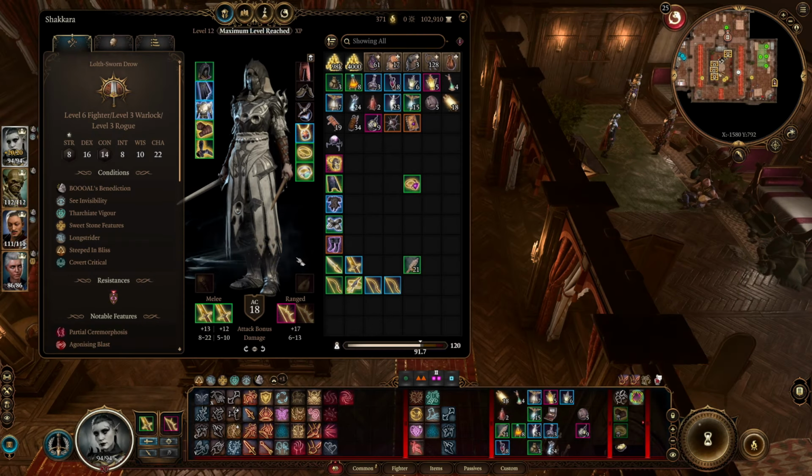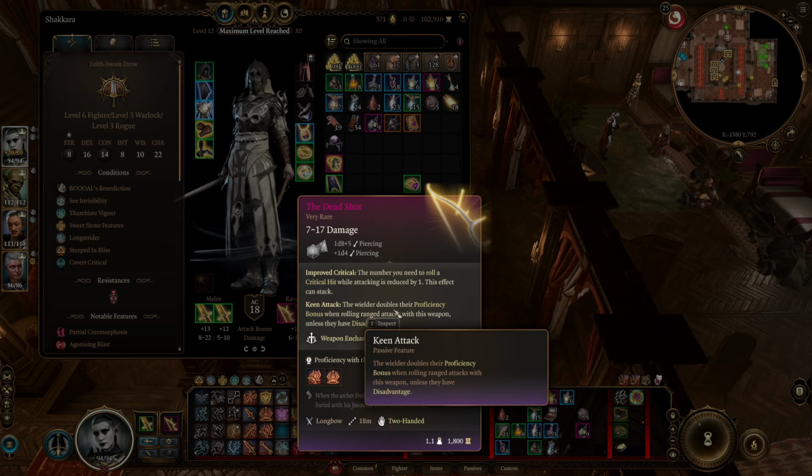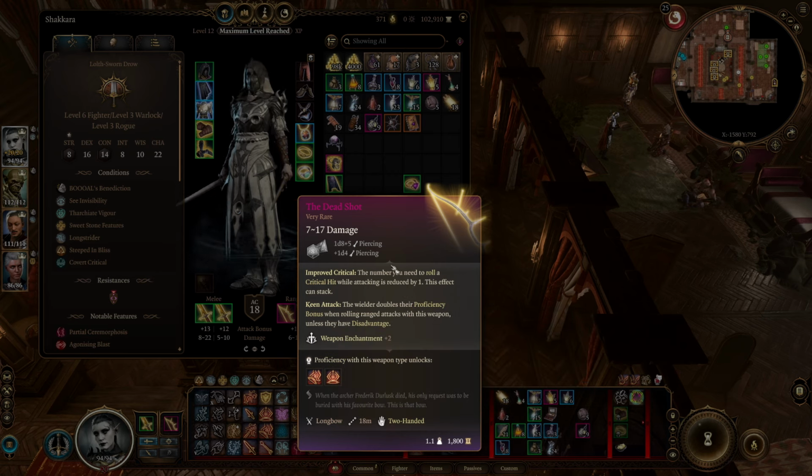So for the ranged weapon, I'm going with the Deadshot. This gives us the improved critical hit. The number you need to roll a critical hit while attacking is reduced by 1. This effect can stack, so it stacks with our subclass, so now we crit at a 18. We also gain Keen Attack. The wielder doubles their proficiency bonus when rolling ranged attacks with this weapon unless they have disadvantage, so essentially it